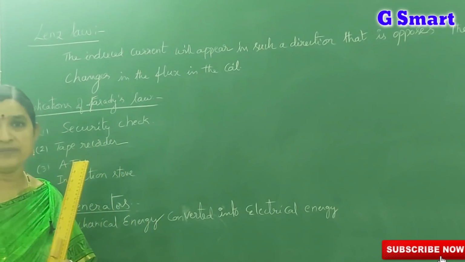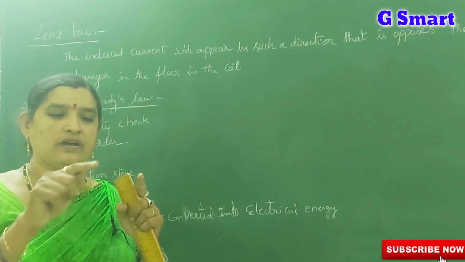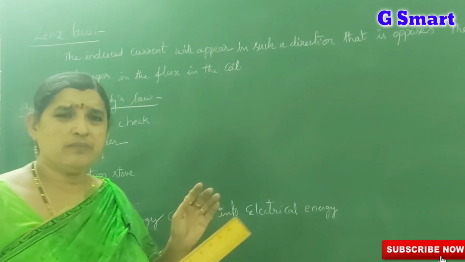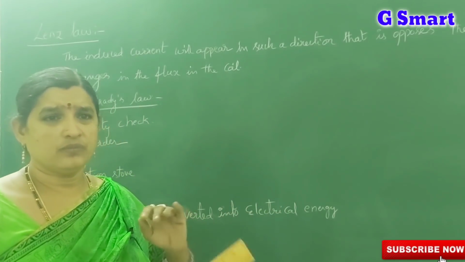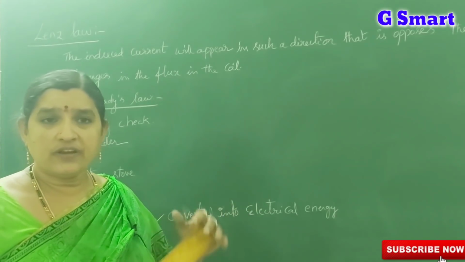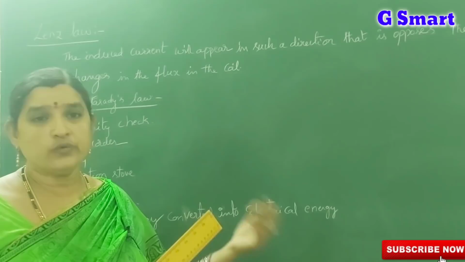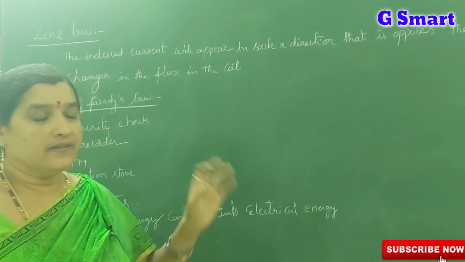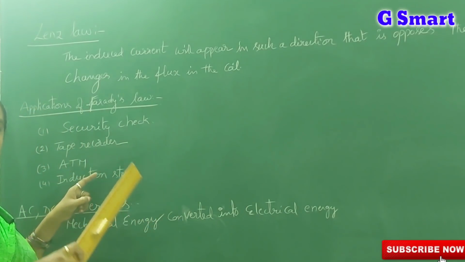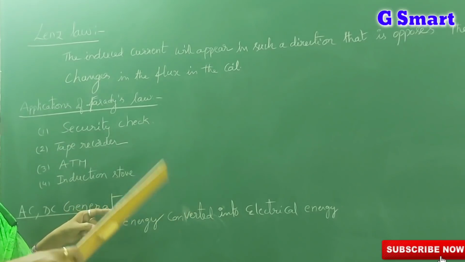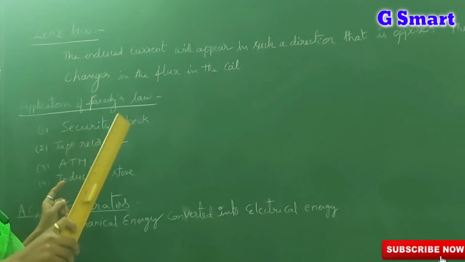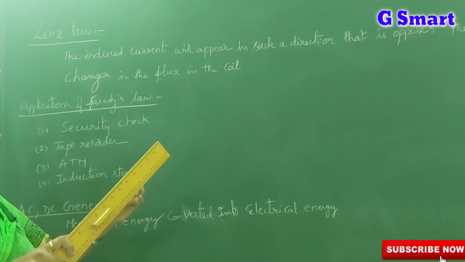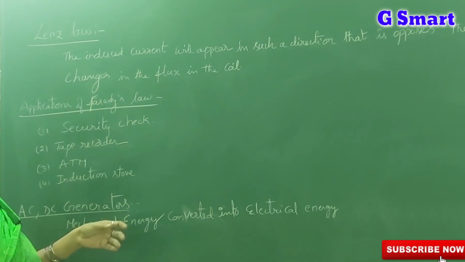Next, tape recorder. If you observe a tape recorder cassette, there is a coil and a tape also. That tape is made with ferrous oxide, coated with ferrous oxide. In that ferrous oxide, the sounds are stored at different frequencies. When they move in the tape recorder past the coil, the sound appears to us. When induced EMF is generated, that makes the ferrous oxide signals come out as sound.